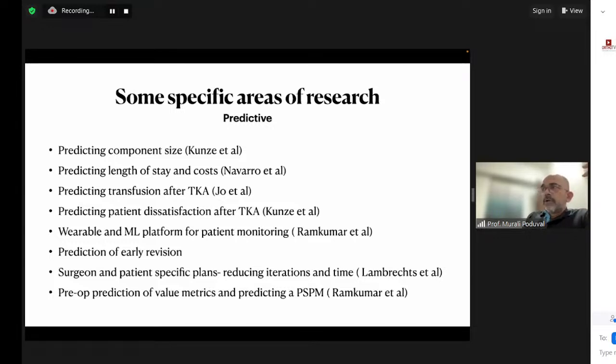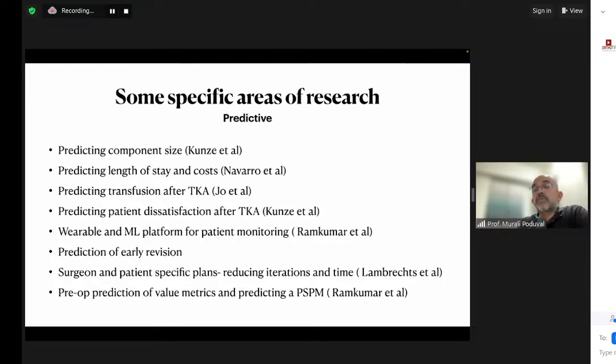As we know, the component manufacturer comes with the manufacturer's preoperative plans, which are then modified by the surgeon, and the surgeon-modified plans are sent back for your PSIs. I know Professor Mahmoud will be speaking on PSIs, but a very interesting algorithm devised by Lamprex sought to reduce the number of iterations required to get the correct preoperative surgeon-specific as well as patient-specific plan. So AI can be really used to smoothen the processes, to smoothen the steps and to reduce the time,